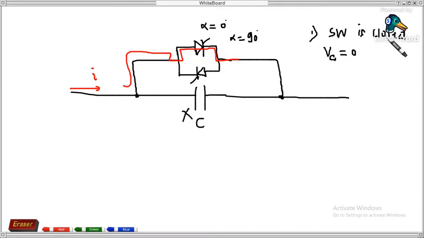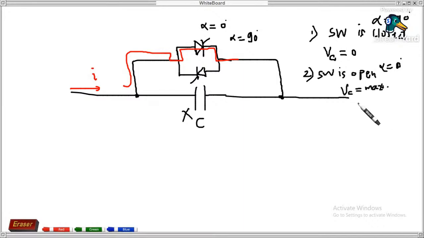When SW is closed, it means the firing angle is 90 degree. Alpha is equal to 90 degree. Right? Point number two, when SW is open, fully open I am saying, in that case firing angle is obviously 0 degree and voltage across the capacitor will be at its maximum value,